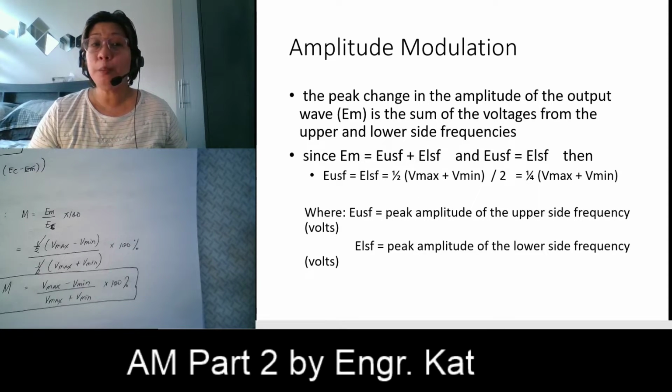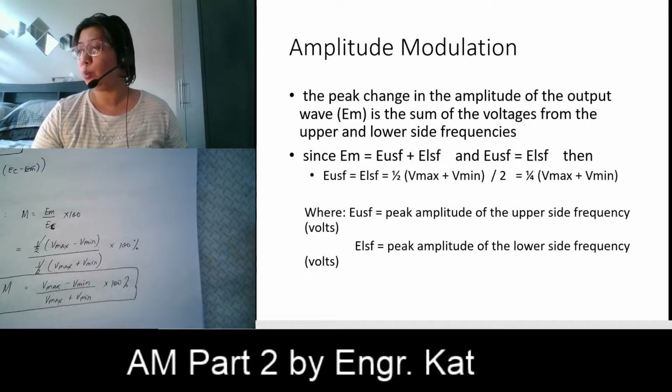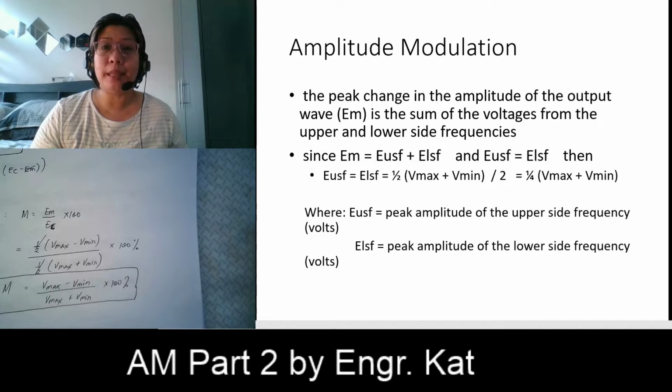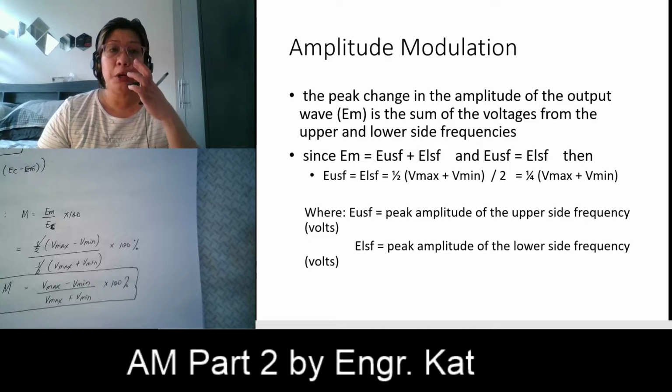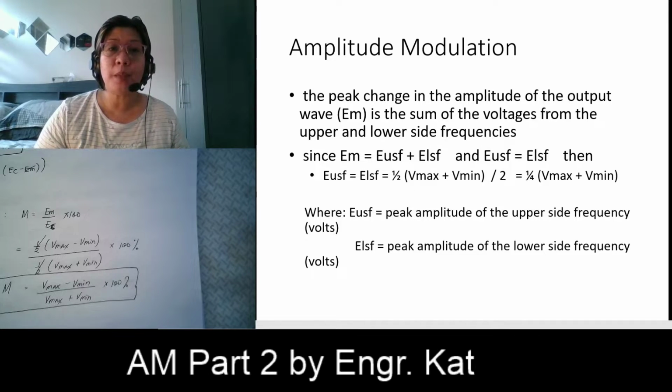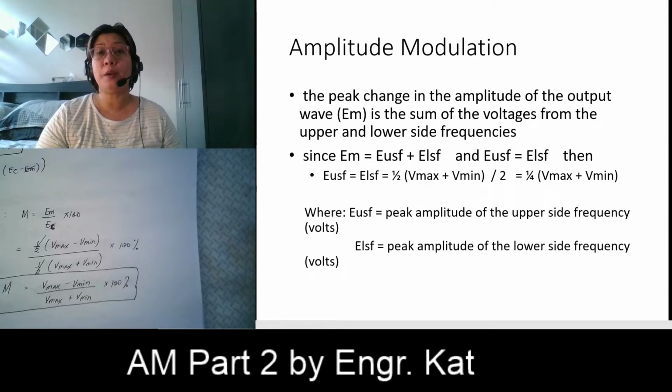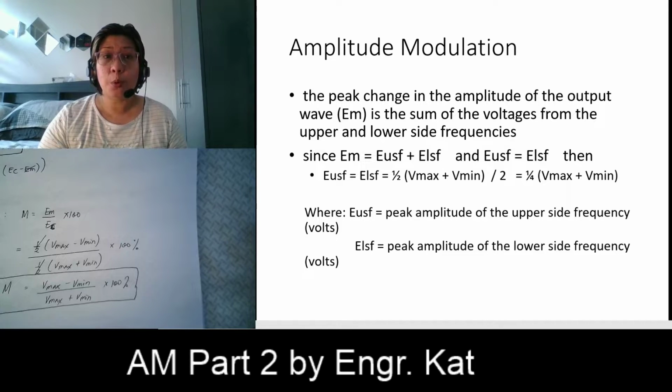And assuming it is again symmetrical, that will give us the lower sideband amplitude equivalent to the upper sideband amplitude. Then we have here the amplitude of the upper sideband, which is equal to the lower sideband. That is 1/2 (Vmax plus Vmin) divided by 2. Okay, because that will be divided between the upper and the lower sideband, giving us 1/4 of the Vmax plus Vmin, wherein